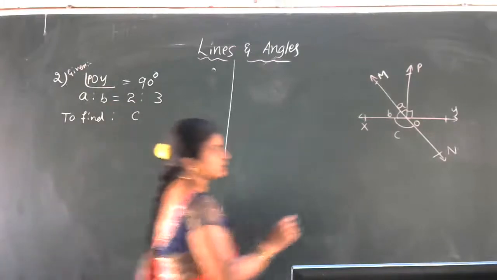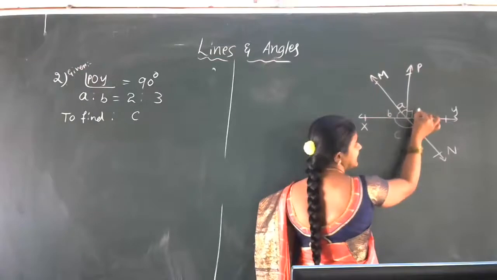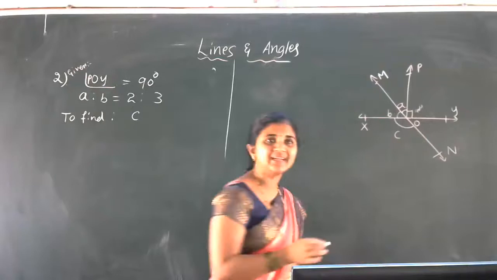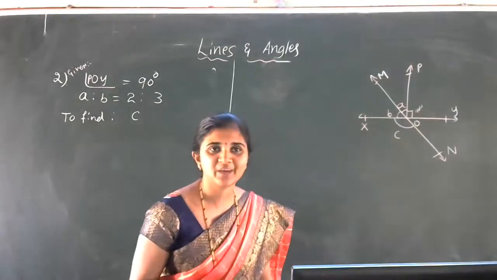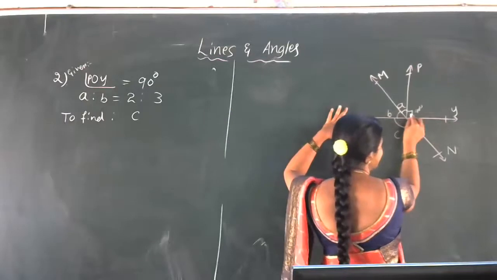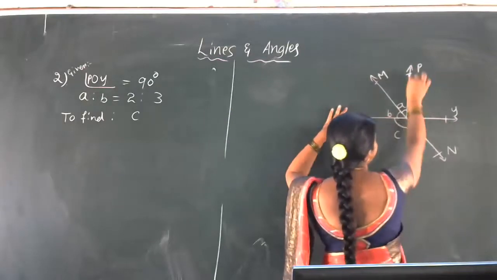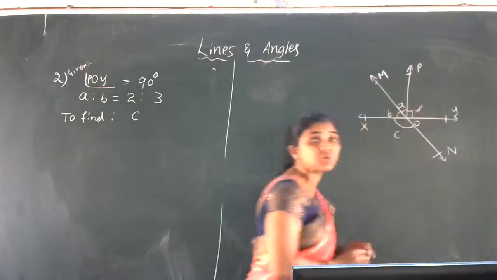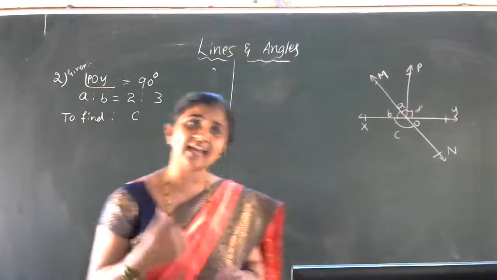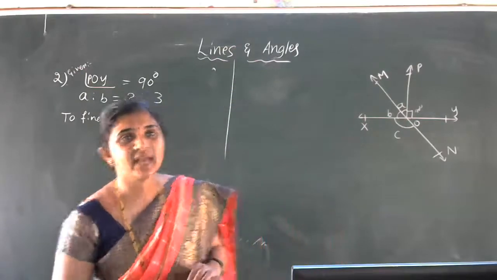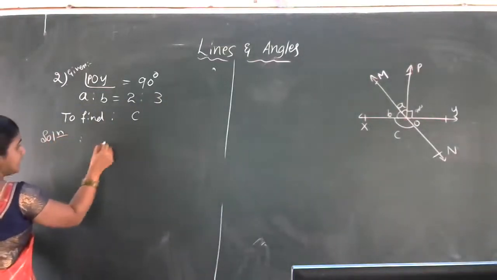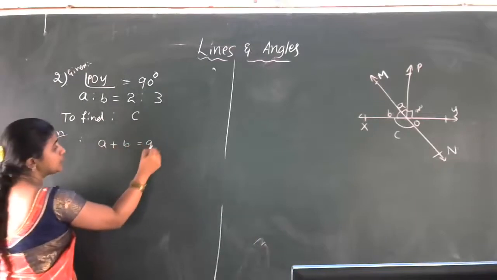So now you just come to this side. This portion is 90 degree, in the sense, what is the remaining portion? This A plus B is also equal to 90 degree only now, according to linear pair. So this is a straight line, XY is a straight line. Then if this portion is 90 degree, then this XOP, that means A plus B, is also equal to 90 degree according to linear pair. Can I take directly A plus B is equal to 90 degree? Okay, so we'll start the problem with solution. A plus B, which is equal to 90 degree.